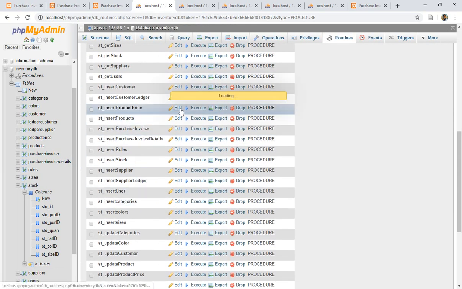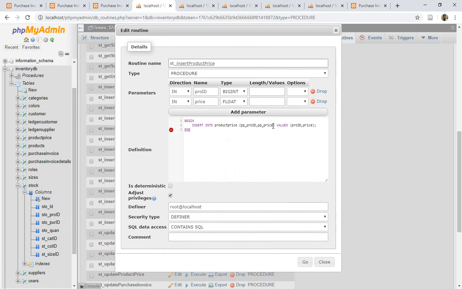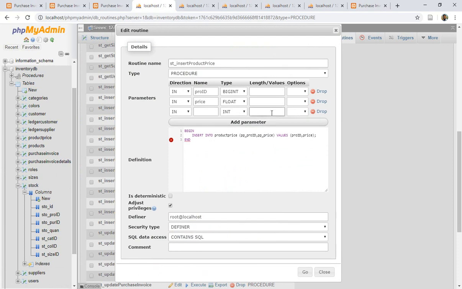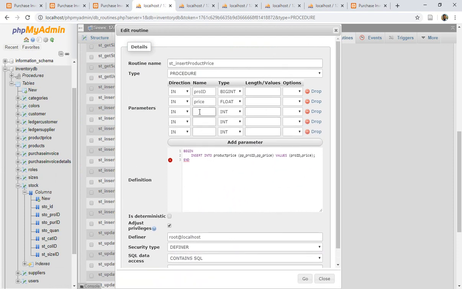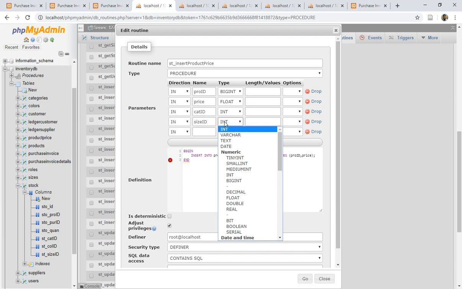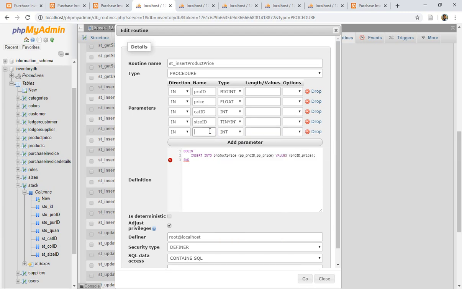Here it is, and I have to edit this, and you see I have only two columns right now, so I have to add three more parameters, 1, 2, and 3. So the first thing is the category ID, then the size ID, and it should be the tiny integer type, and then we have the color ID. Okay, and I have to pass these details. So pp underscore